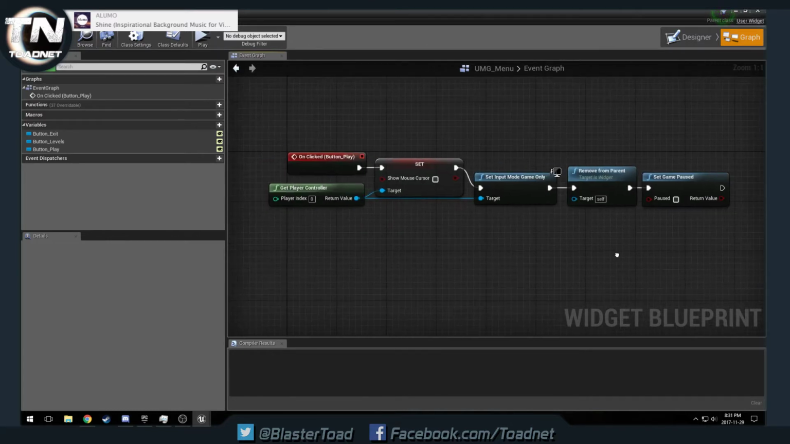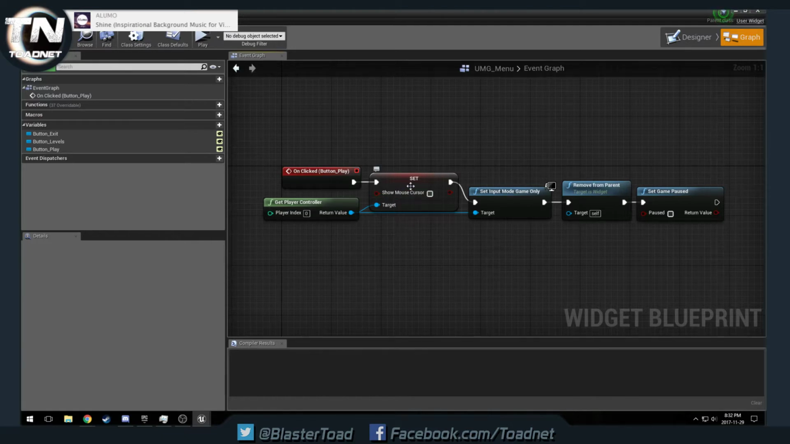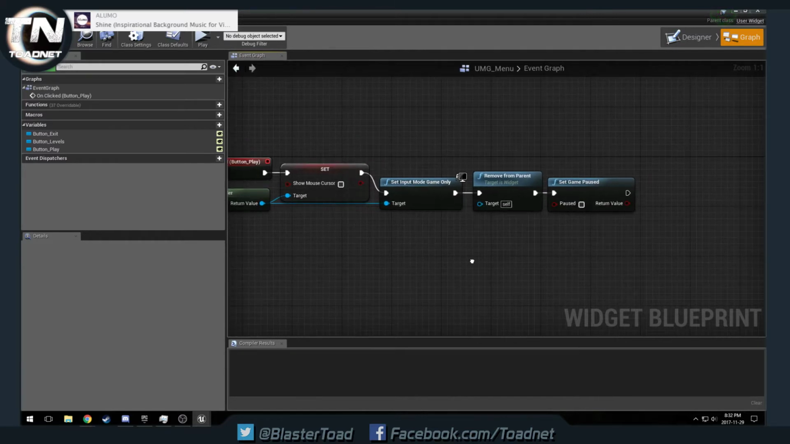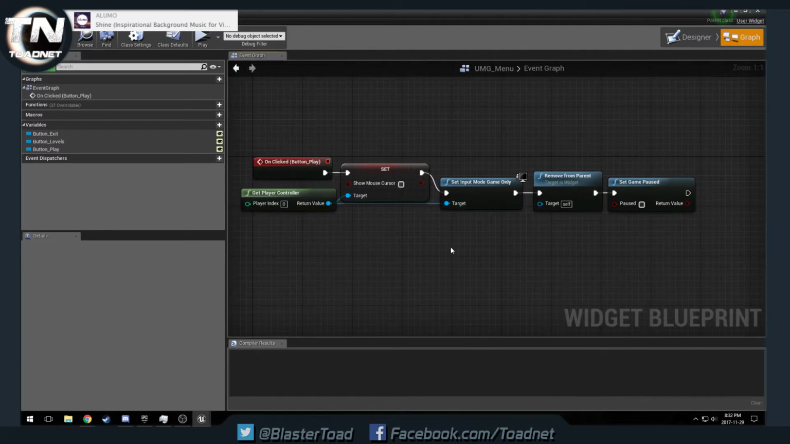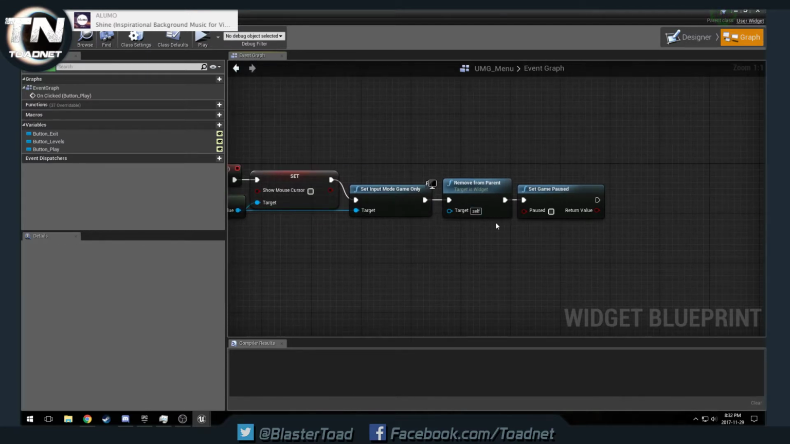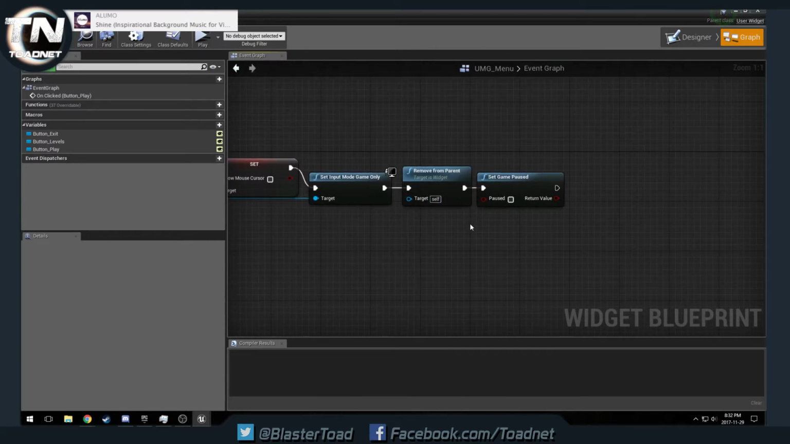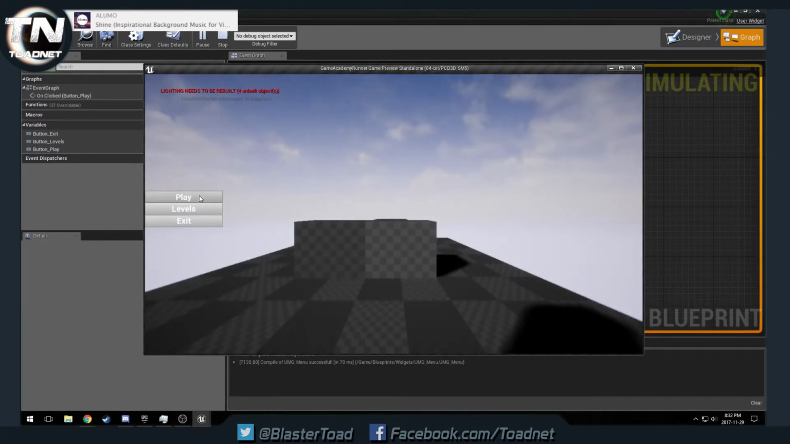So we want to, again, when we click play, remove the mouse cursor, set the game mode to be a game, not an interface. There we go, that's a little better. Remove this, so the self instance, so this main menu, so remove it. And make sure the game is not paused. So let's try that. So if we hit play,